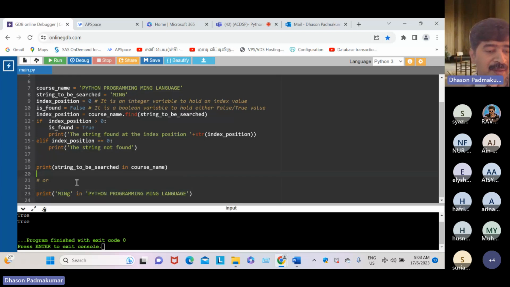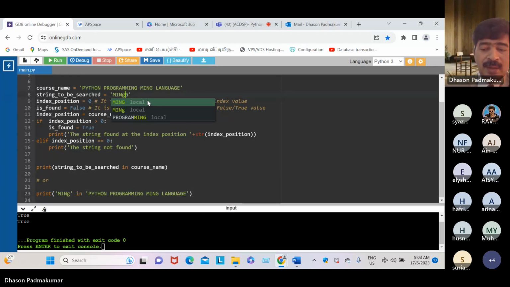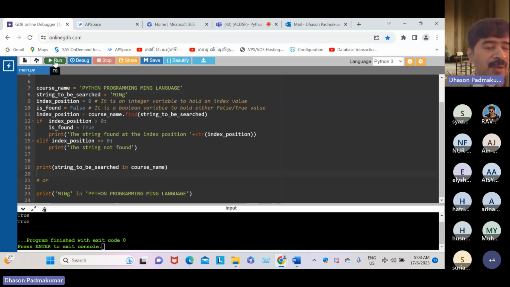We will get a different answer, that means false. Case sensitive. Data as well as code are treated as case sensitive. There is no Ming, but g is lowercase. Run the program, you will get false.